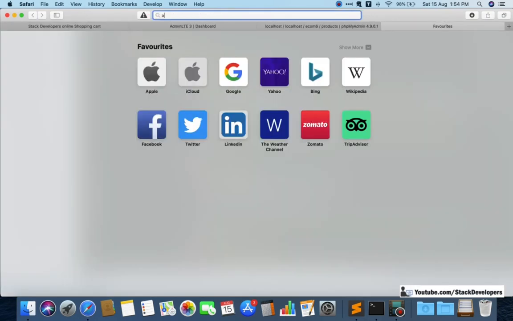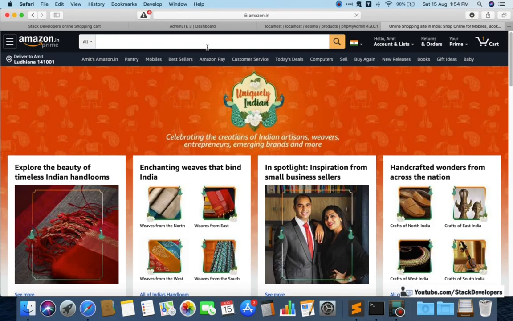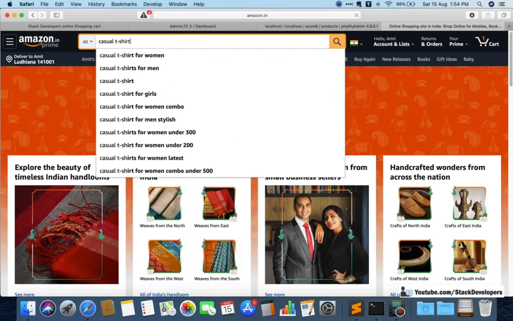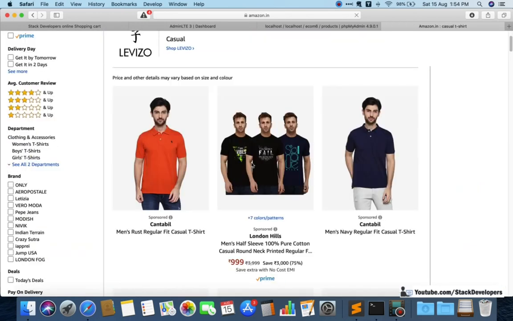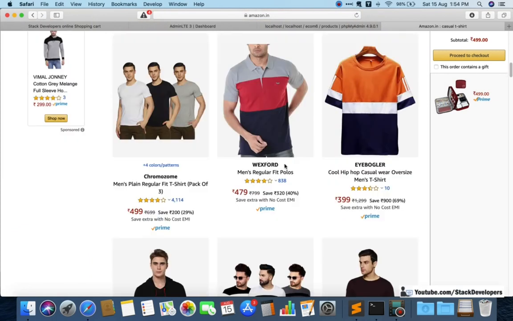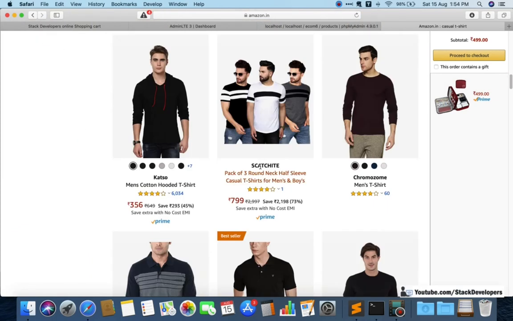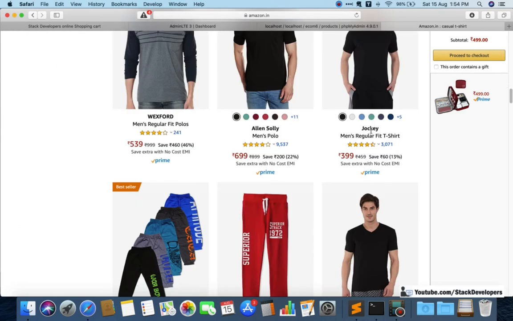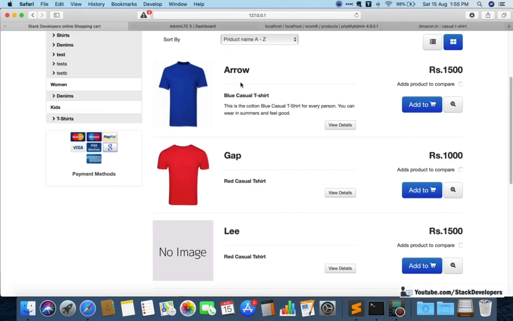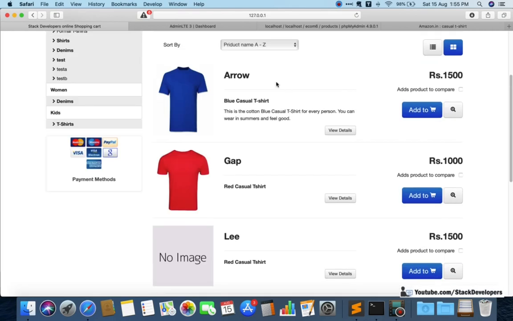You can check other websites as well, like Amazon. You can check there what they are doing, so you have the reference, and you can check what is coming exactly. See, I think the brand name is coming in bold, and after that the product name is coming. So you can also do it like this. It's your choice whether you want to keep the brand name as bold or the product name. Either way you can do it, and you can add the description like this.